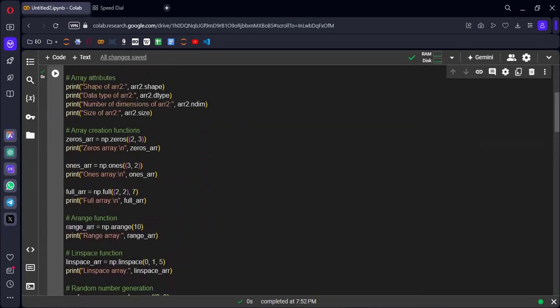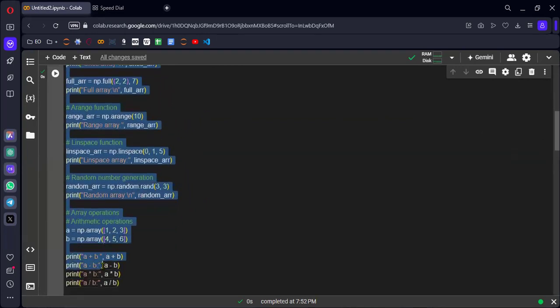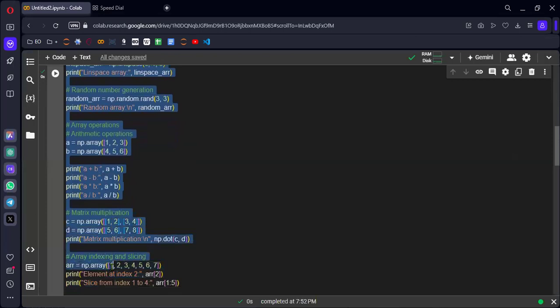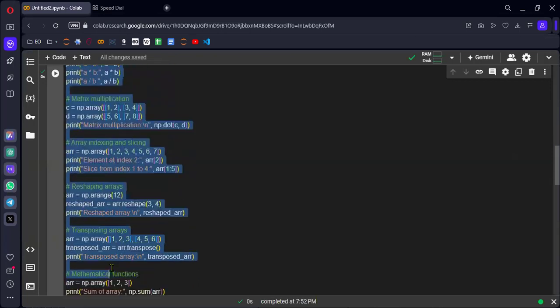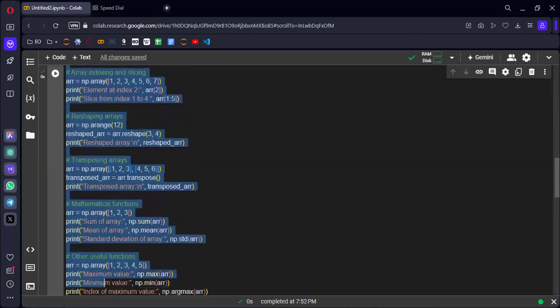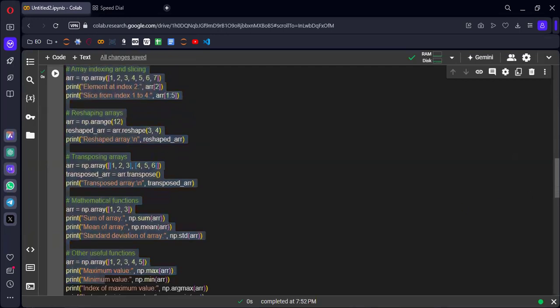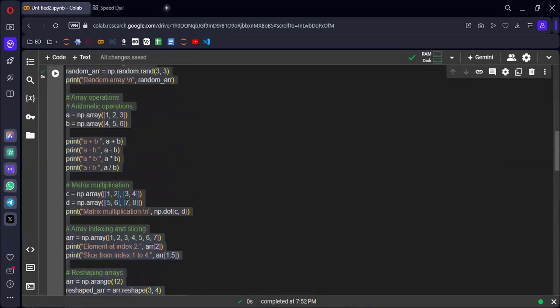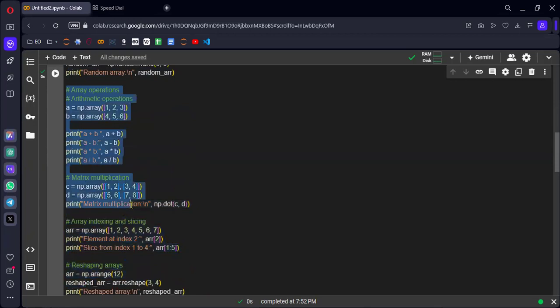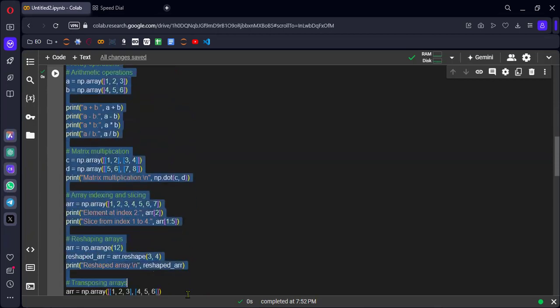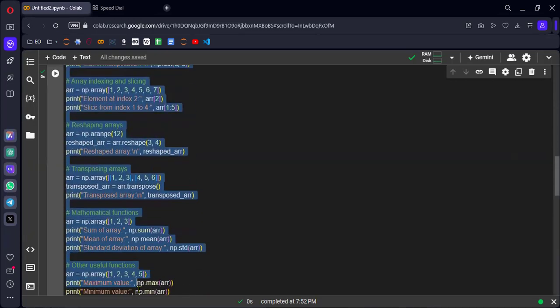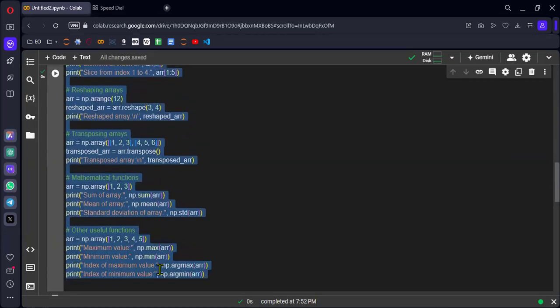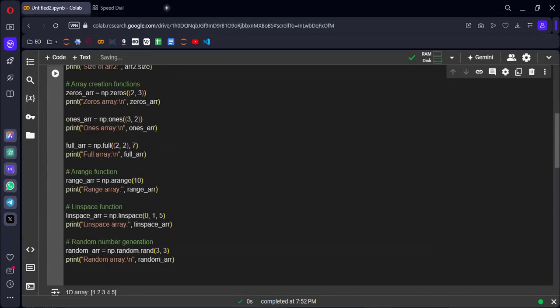So here, let me copy this for now. And okay, it has given lots and lots of examples. So let me copy this first. Let me copy this one for now. And let me copy this for now. So this is the